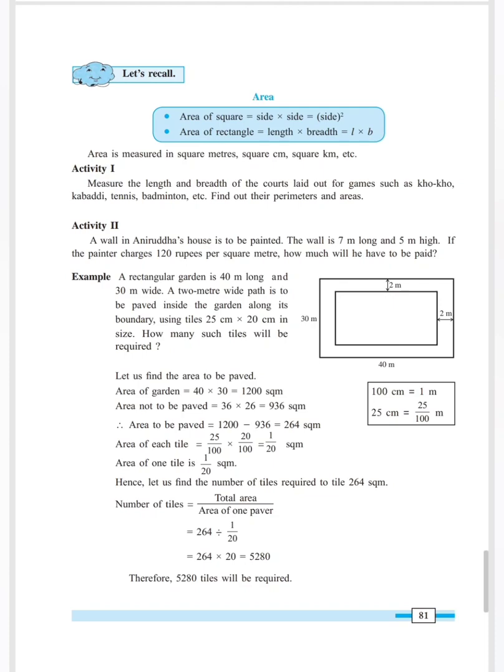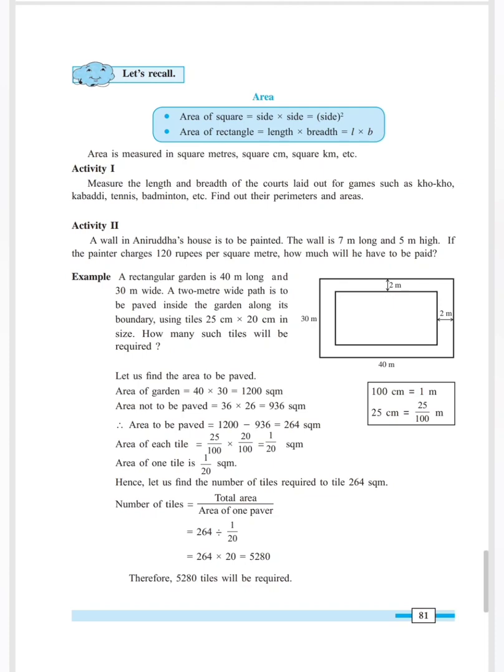Now, to find the number of tiles required, first of all, we have to find the area to be paved. Paved means only that much region part we have to pave the tiles. We have to fix the tiles of the given measurement, 25 cm by 20 cm. Now how much area is to be paved? That is the boundary side of the given rectangle. To find the area, first we have to find the area of the outer rectangle. Also find the area of the inner rectangle. Subtract the inner rectangle from the outer rectangle, we will get the area to be paved.